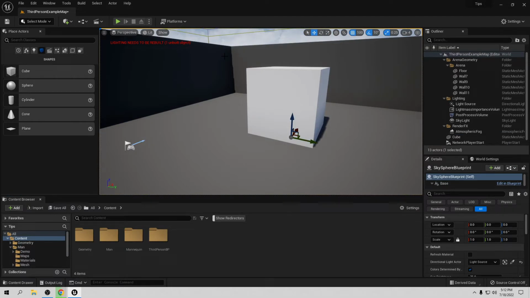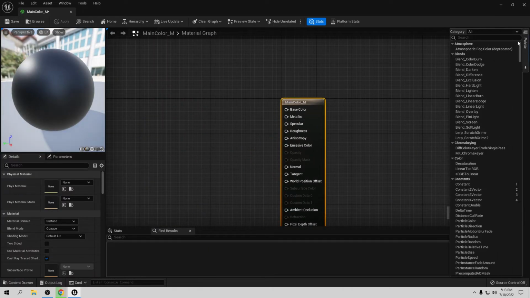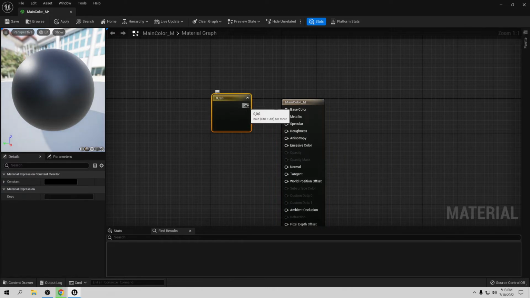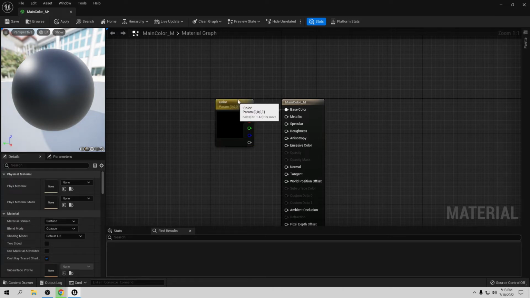Tip number 5. Material parameters. The parameters will help you avoid making this material over and over and copying and pasting all the code. All you need to do is right click, make a material, and call it what you like. I'm going to call it Main Color, for example. Go inside, and you only need a constant 3 vector, for example, and connect it to here. Then I can right click here, convert this to a parameter, and name it whatever you want. I can say, for example, Color, and I can save